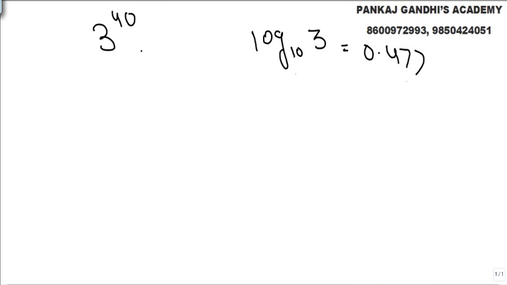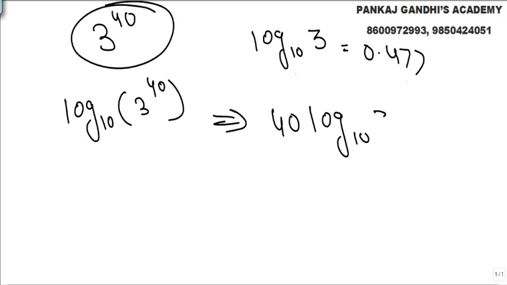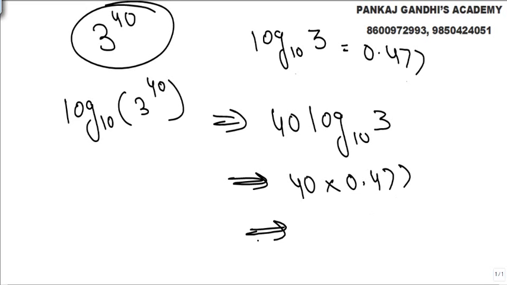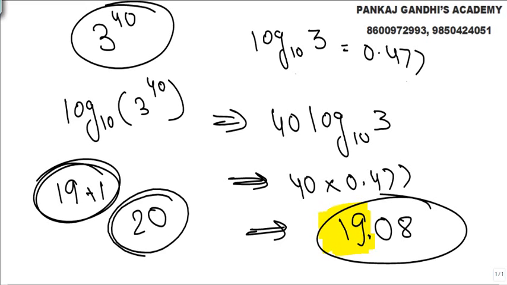Look, how do you find out the number of digits in any power? The simple thing is take log of that number to the base 10. So we need 3 raised to 40. So how we got 40 log to the base 10, 3. So we get 40 into 0.477. 4 sevens are 28, 2 remaining, 30, 3 remaining. So now, what all is this part? We call it the integral part or anything. Plus 1, 19 plus 1. How many digits will be there? 20 digits will be there.